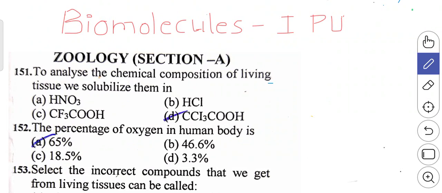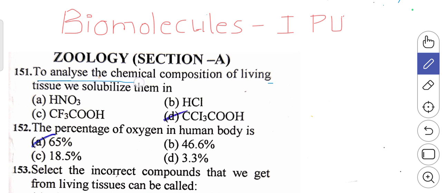Hi, today we'll discuss some of the questions regarding the chapter Biomolecules from first PU. As you know, it is a zoology part. The first question: